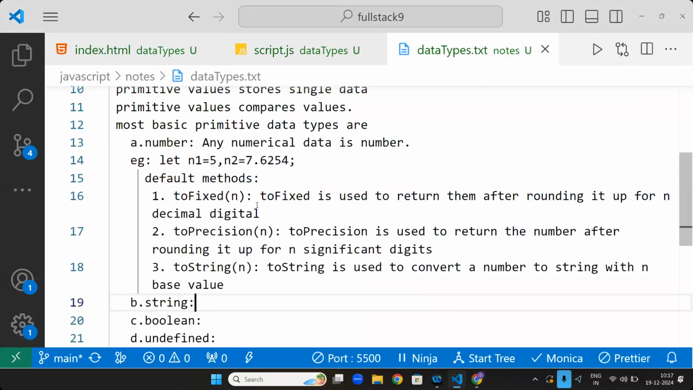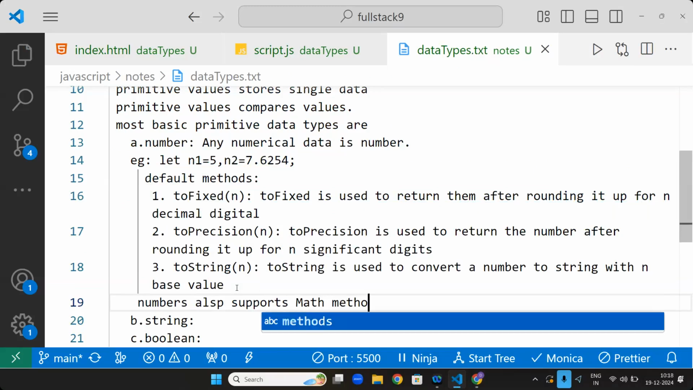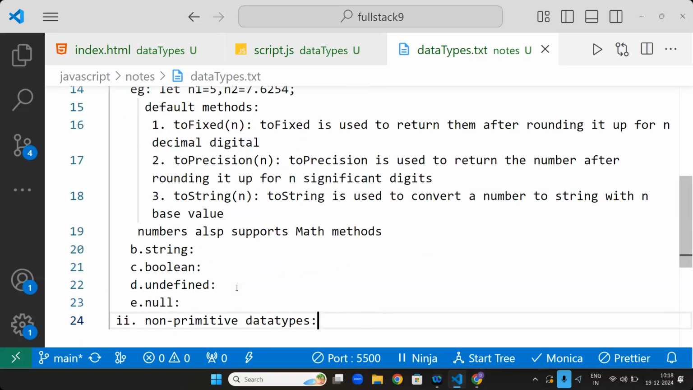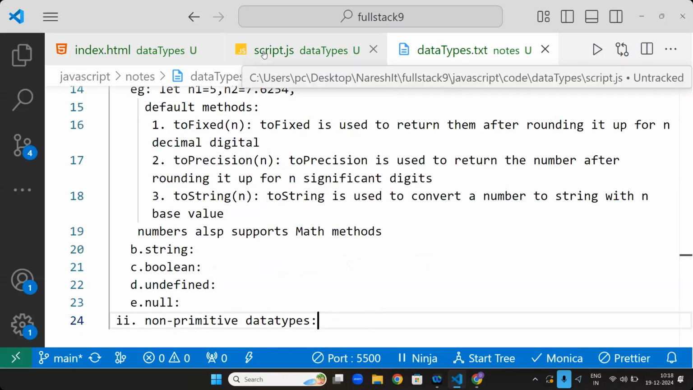Sir, not only this, numbers also support math methods. There is one library called math methods. It will support, sir. Math methods are used for mathematical operations such as